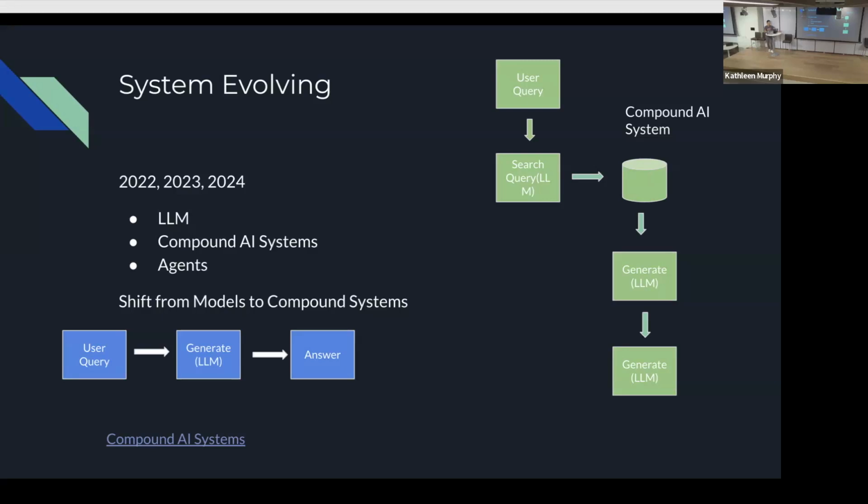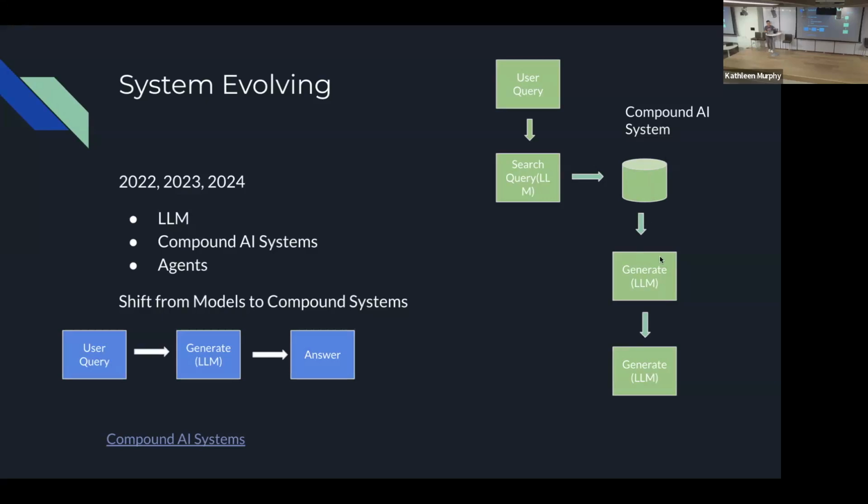The compound AI system is a little bit more customized. You still send a prompt to the large language model. The LLM takes your prompt and generates a search query, and this search query searches into the DB, as you see on the right side. That DB stores all the information about yourself. Then based on that information, the large language model generates more customized results for you. So that's another, more evolved model system, called the compound AI system.